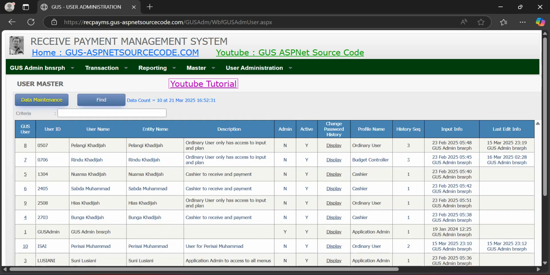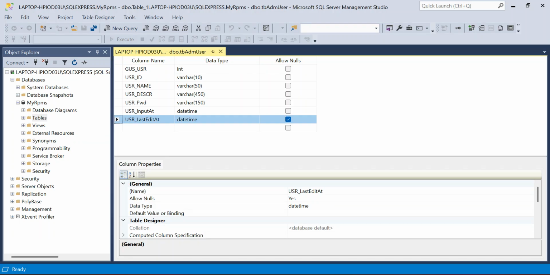Let me show you tbadm user. Yes, this is the table adm user. This is the value of our table, and in this application these are the complete columns. But in our sample here, this table in my RPMS, the fields are not that complete.